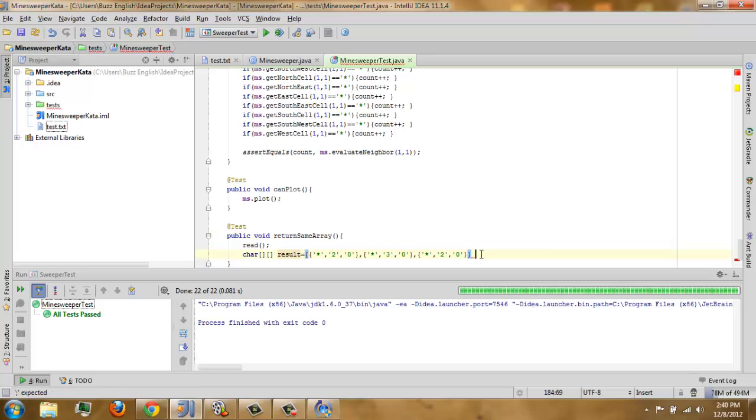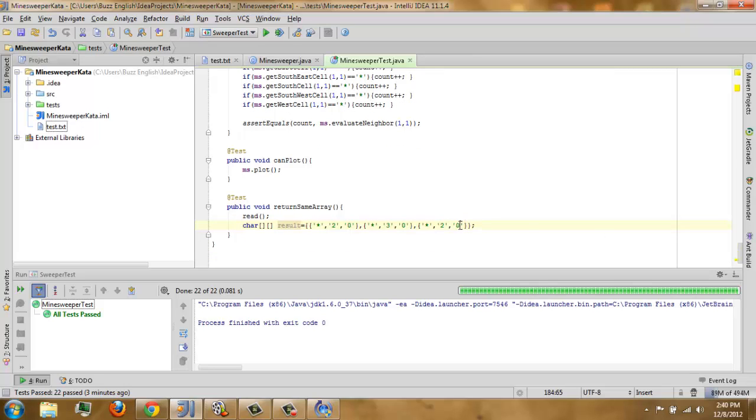Since we will compare if our actual and expected will be the same. So char expected. Actually this is our expected, this is not the result. So expected, and then this is our actual result, just put it actual.